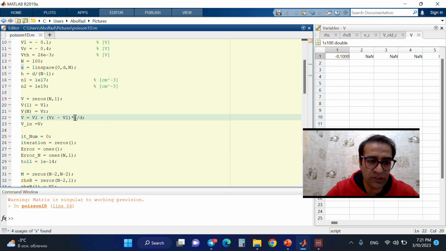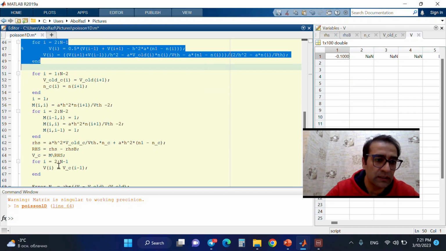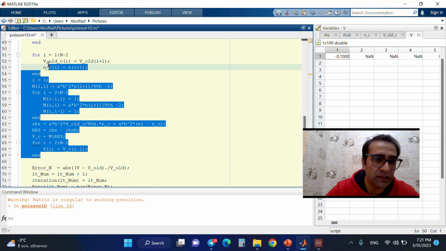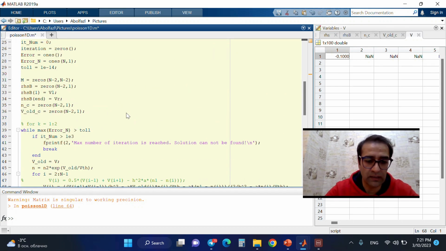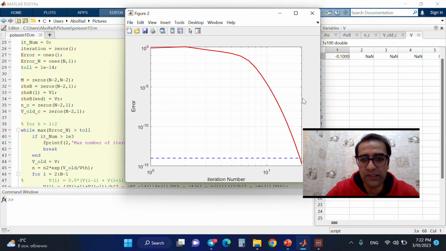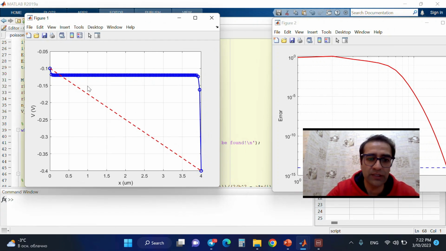convergence of the problem for such an initial guess. While using the one-by-one calculation, we can have convergence of the problem. Control R, okay, and F5. You see that we have convergence of the problem for one-by-one calculation, no matter what the initial guess is. Why? In using the direct calculation, the problem is that when the initial guess is really far